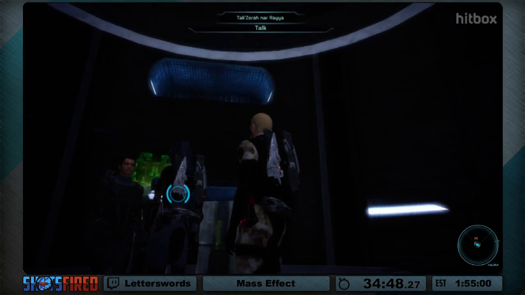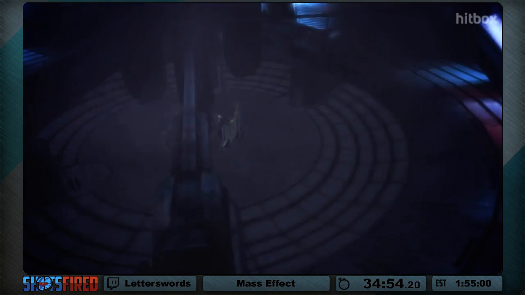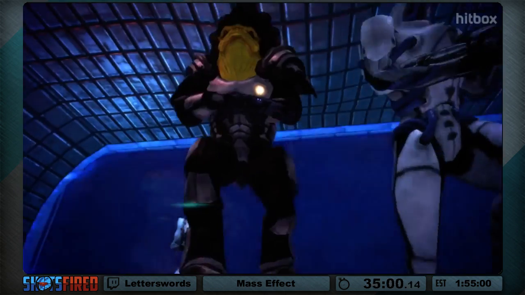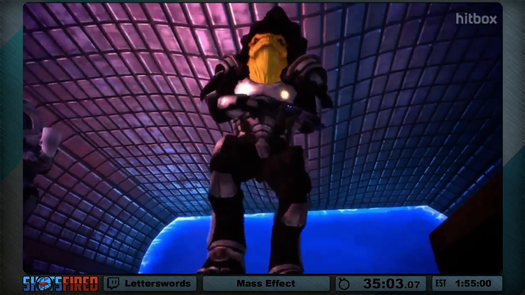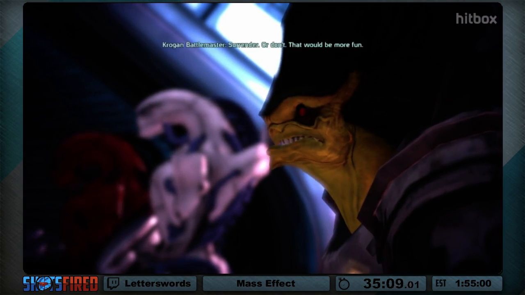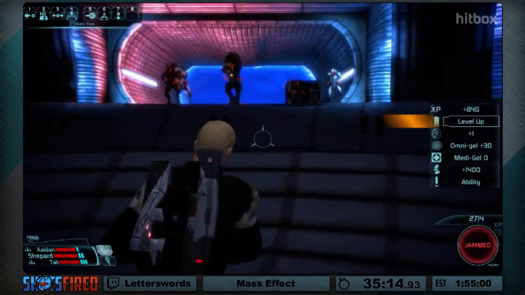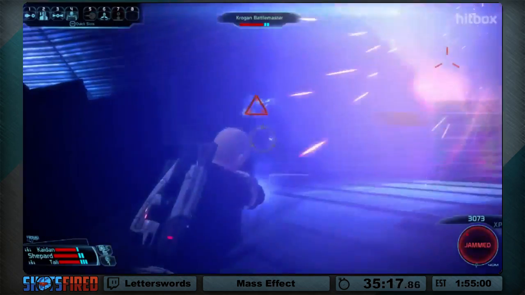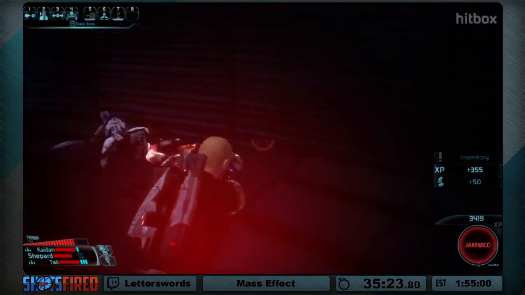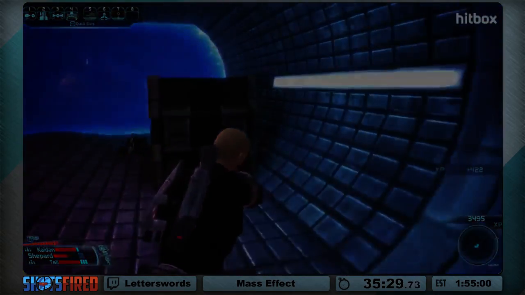Alright, so we're almost done here. So now it's probably a good time to explain the next major glitch that we'll use in this run, which is weapon swapping. For certain cutscenes, if you swap weapons frame perfectly and stop them from playing, and if you use that opportunity where they stop playing to...